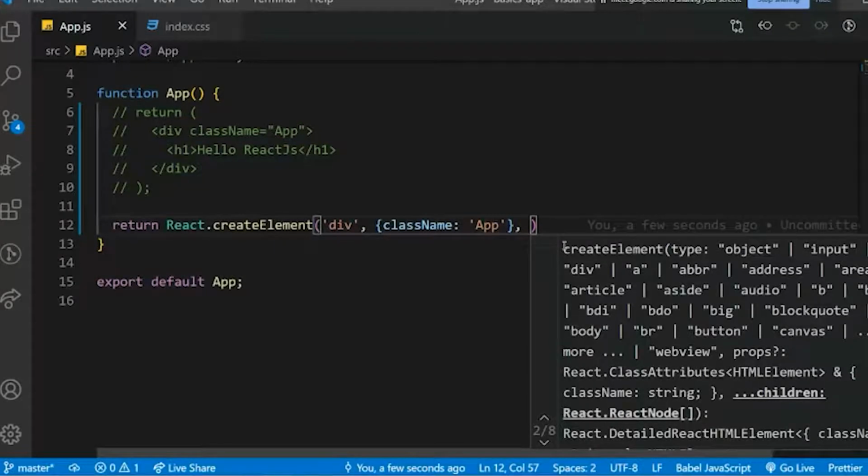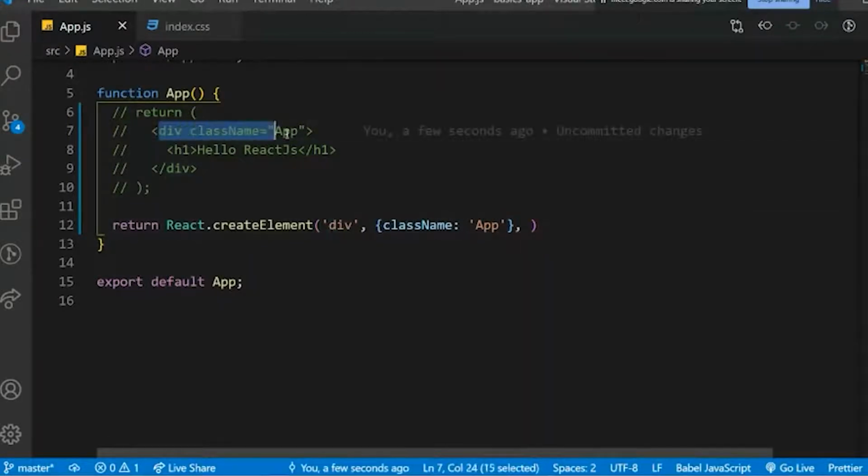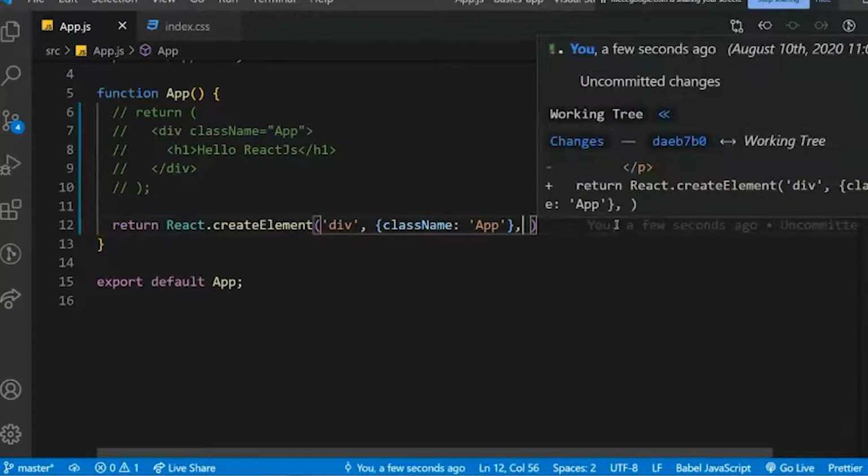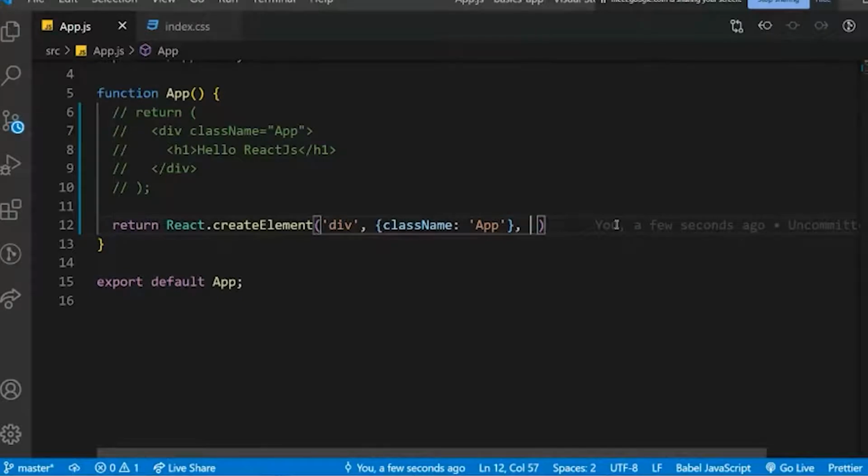Value as a name of the class. Now afterwards comes the third. What is the third one? The third one is our children. So div is our parent. Now the child of div is the h1 tag. So I will write h1